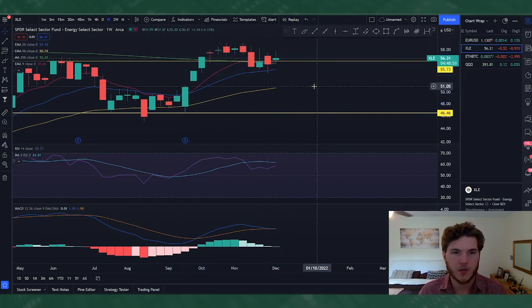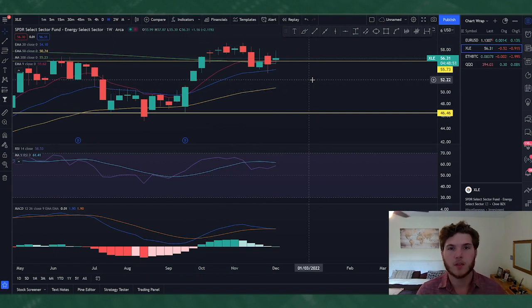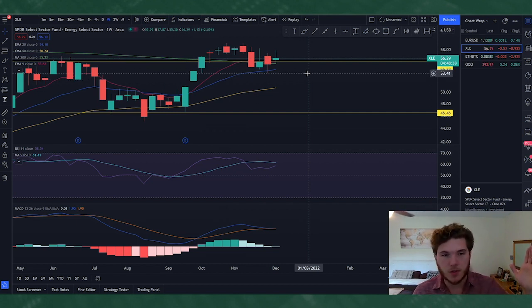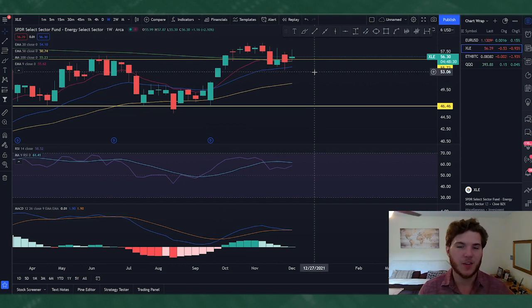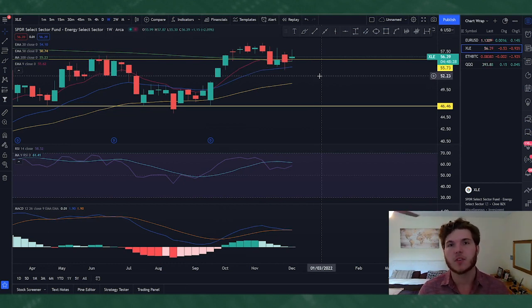And I think energy stocks have a lot of room to run. So this also is a bit of an inflation trade, right? Energy prices are very, very drastically affected by inflation, as we've all noticed at the pump this year. Natural gas prices went crazy this year. So the energy sector as a whole is a very, very good place to put your money, at least seemingly for the time being. I think you want to be bullish energy here. I'm personally trading call options on a few energy stocks,